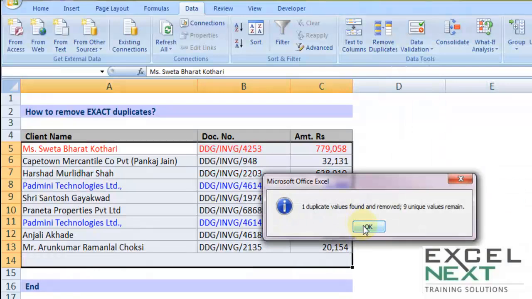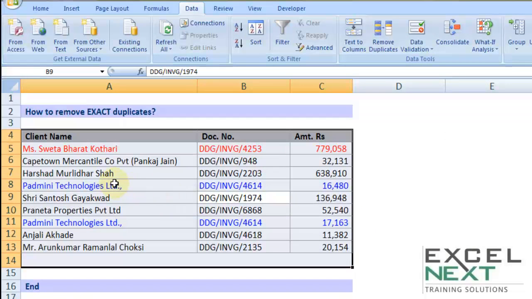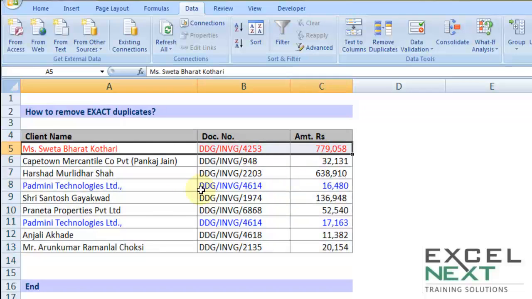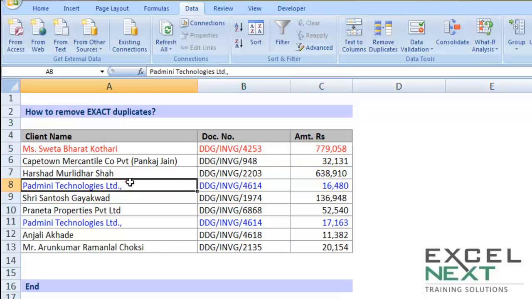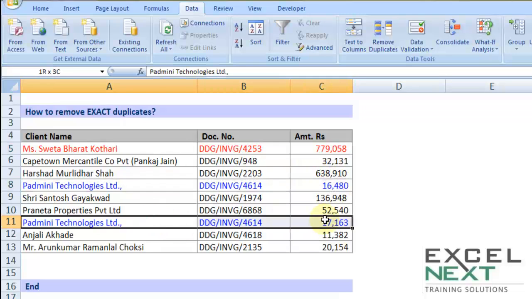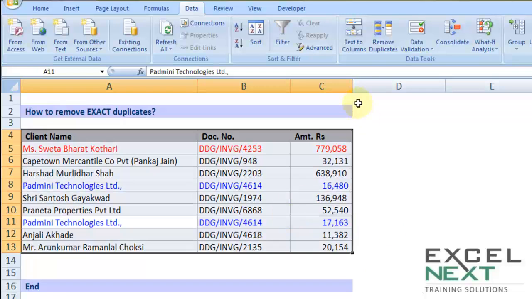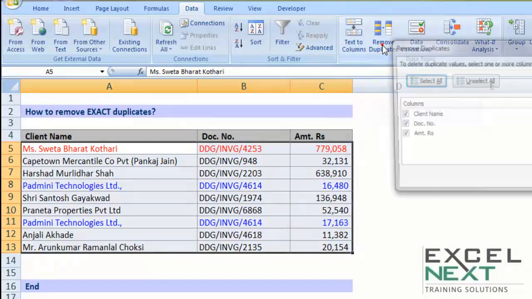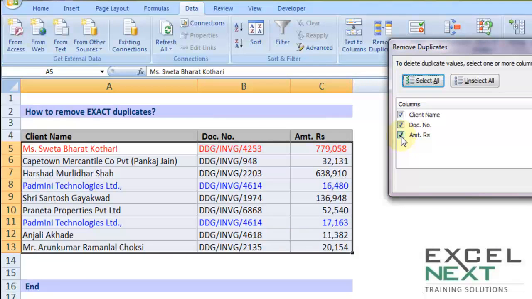you will notice a box telling you that one duplicate has been removed, the one in red. So it picks up the first instance, which is unique, and deletes all the rest, but it has not deleted the values given in blue. Why? Because amount is not equal. If you wanted to delete this value as well, after choosing Ctrl A and going inside remove duplicates, you must remove the checkbox which indicates that amount should be considered. So this time I am asking Excel to consider client name and document number, not the amount. If I press OK,